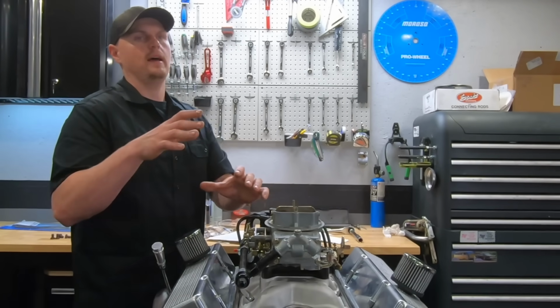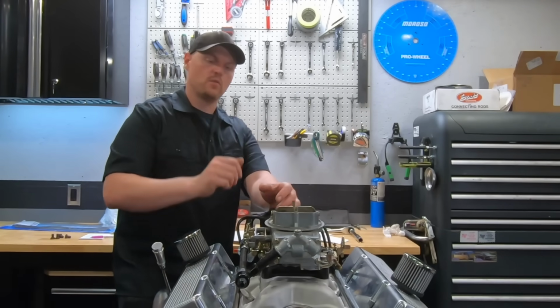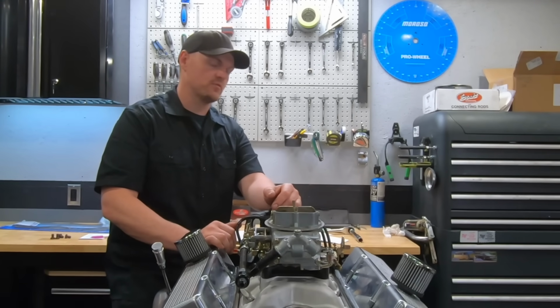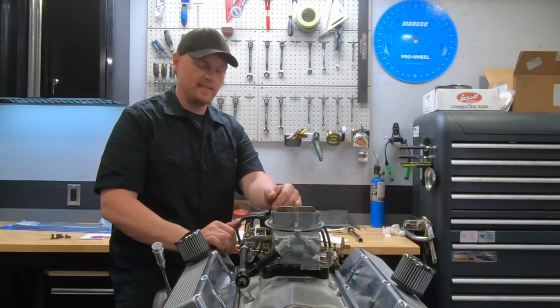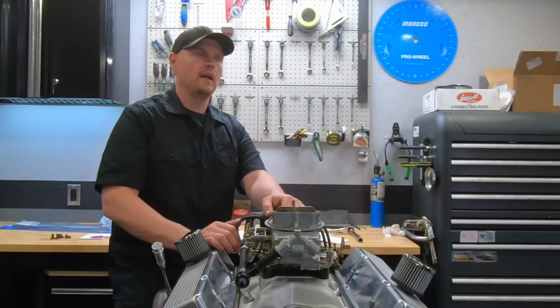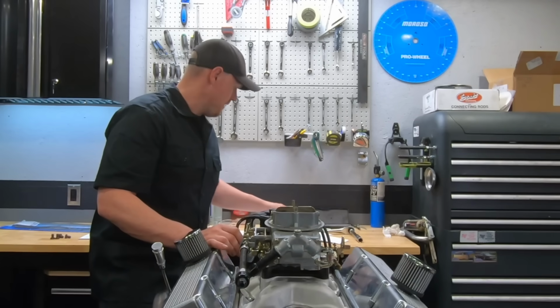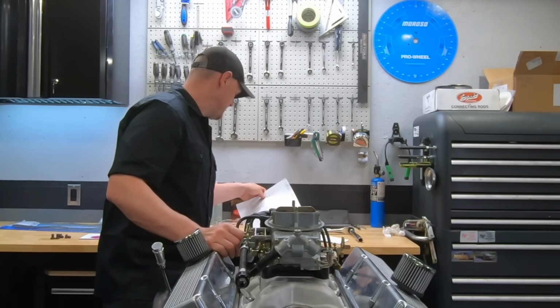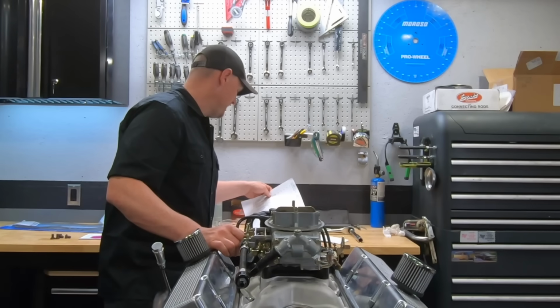They're kind of like a dish piston with just a ring around the outside, so the quench isn't as great as it could be, that's for sure. 12cc dish. The valve reliefs aren't huge in these pistons, and actually with the camshaft we're running, so make a note of this, with the camshaft and the 1.6 rocker arms on the intake valve, we only had about 70